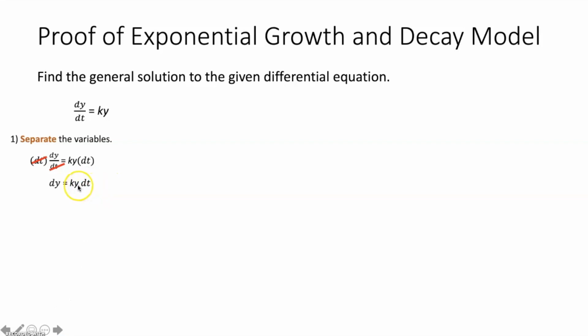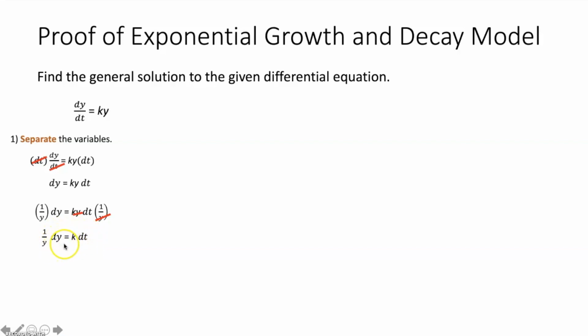But now we need to get this y to the other side of the equation. So how do we get that over here? Well, we're going to divide both sides by y, or multiply both sides by 1 over y. Over here, these are going to cancel each other out. And on this side, we just now have dy over y, or 1 over y times dy. Sweet, we have now successfully separated the variables. But you ask, what about the k? Where does k go? Well, k is just a constant. So technically, it can go on either side, but we usually leave it with our independent variable, with our t.